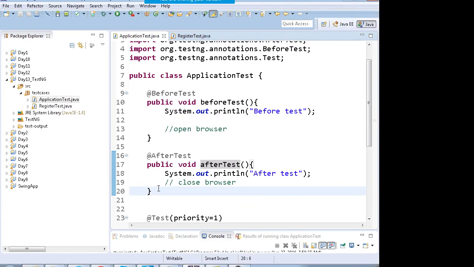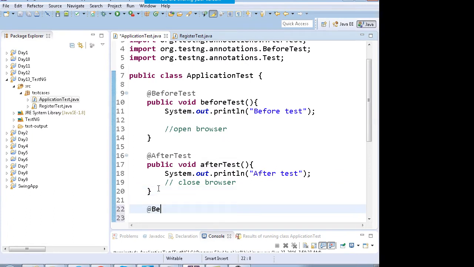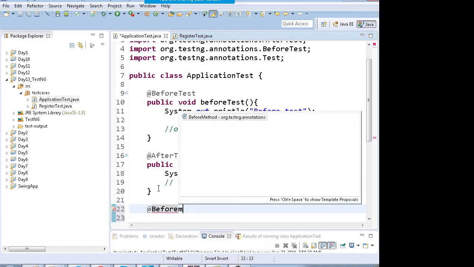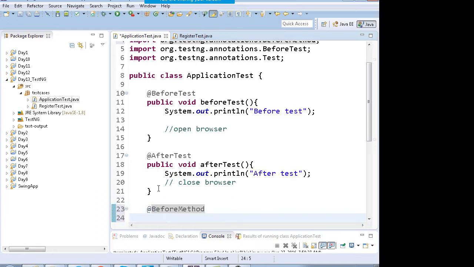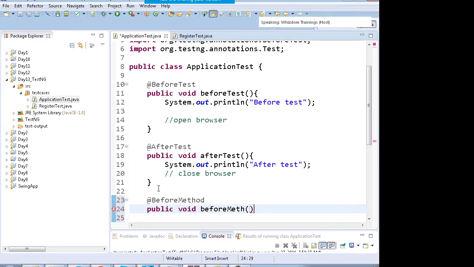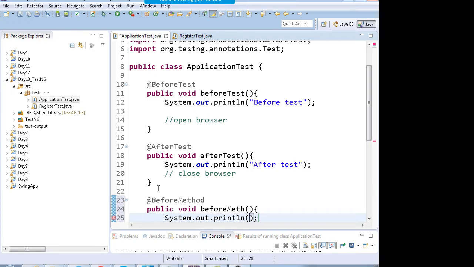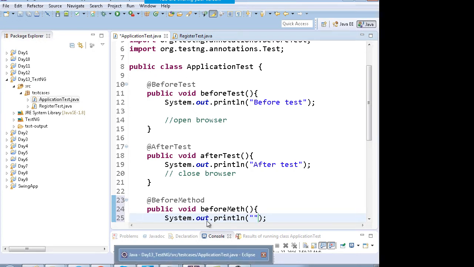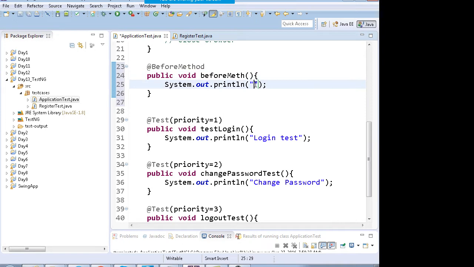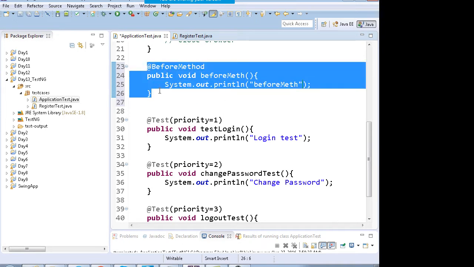You also have an annotation like @BeforeMethod, like public void before. This is a different annotation. I'll write it over here. And similarly you have @AfterMethod.